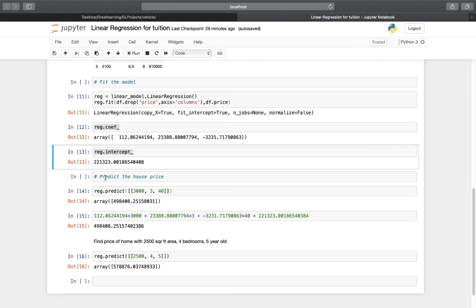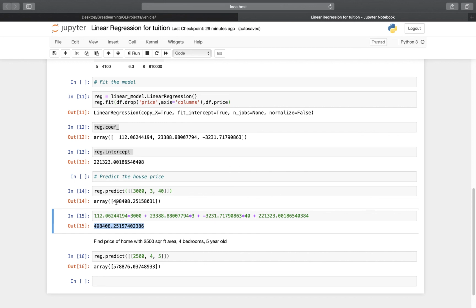So let's predict the house price. Now the model is fit, and if you put in new attributes, you are able to predict the price of the house. Here you can see if I put in individual parameters, if I calculate it mathematically with the equation, you get 4, 9.